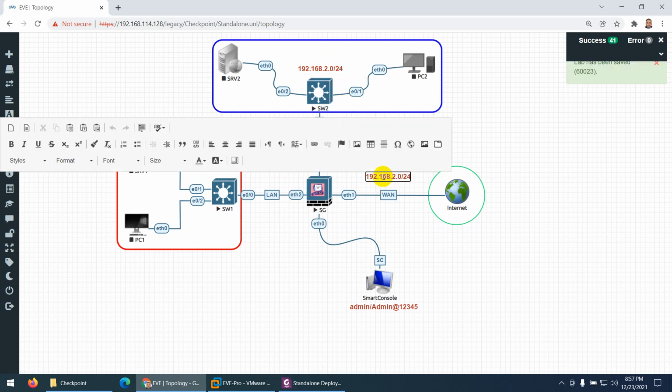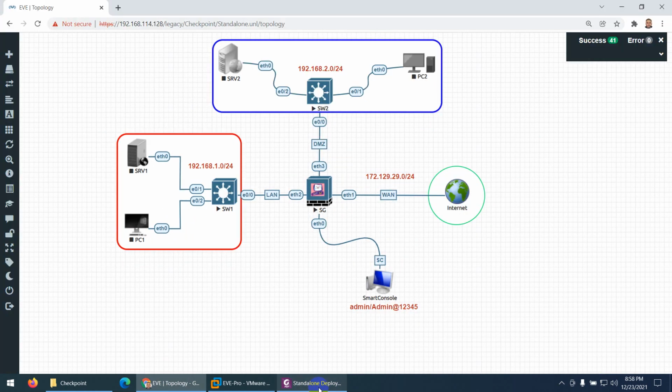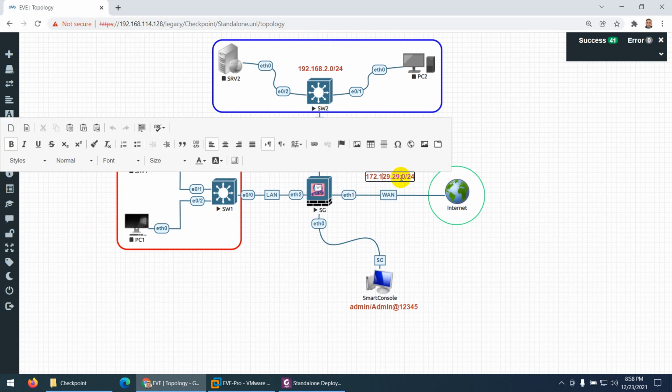So their one is basically 172.29.129.0/24. This is what I need to use because it's the default one already. Sorry, this is 29 and 129 is here. So I need to correct them here. This is 29 and 129.